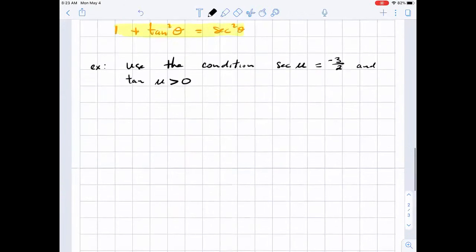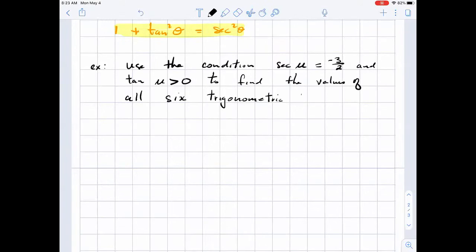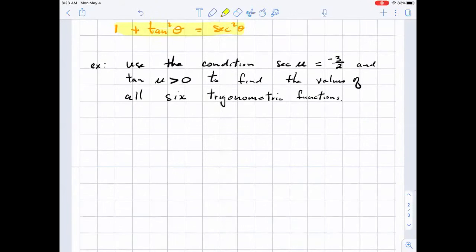Tangent can be 0. And then I want you to find